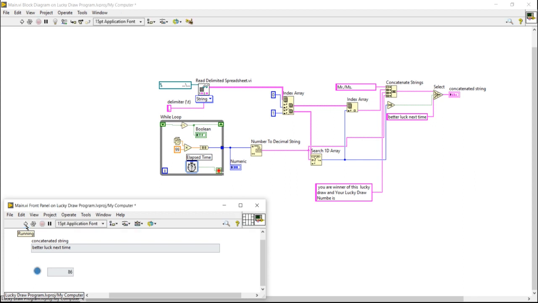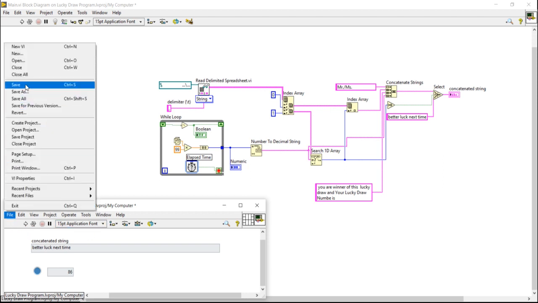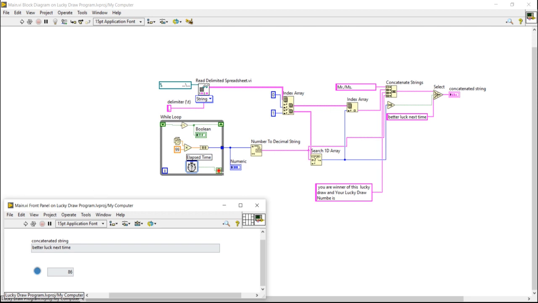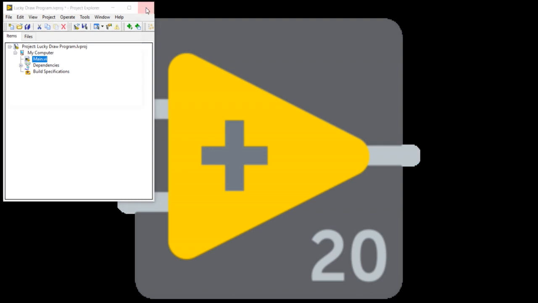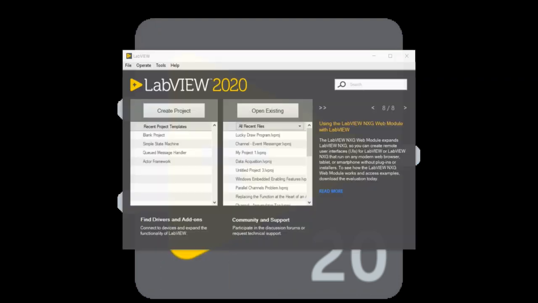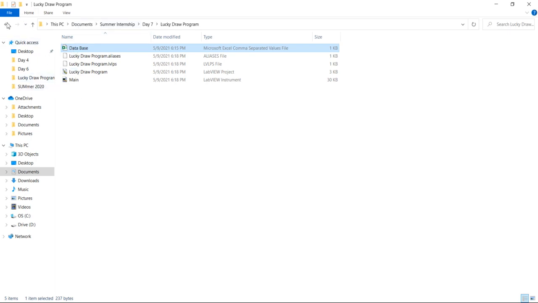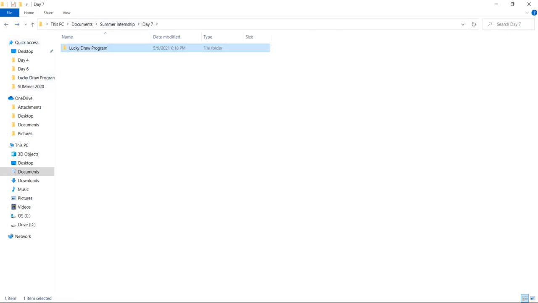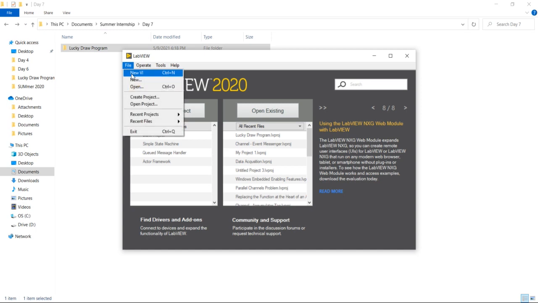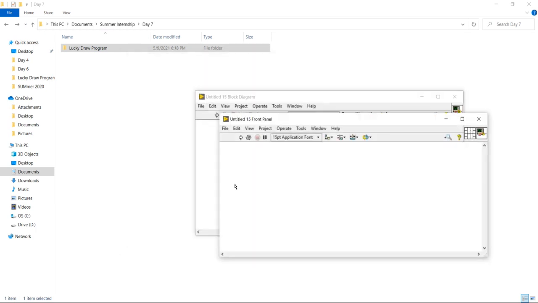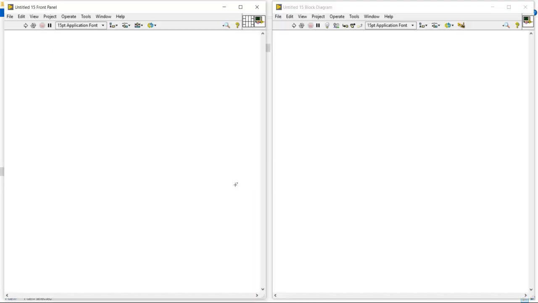Okay, if you want, you can design and configure this program. Okay, so now I'm going to save the program and write a new program. Save. Now open a new VI. Here I'm going to write a program for object count.